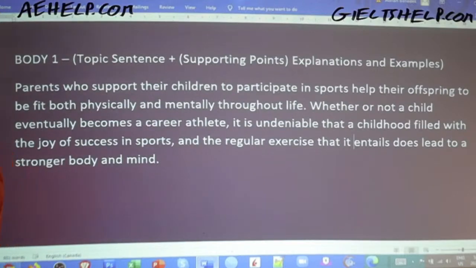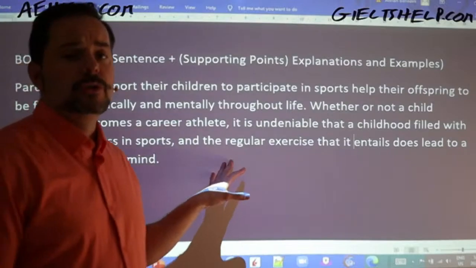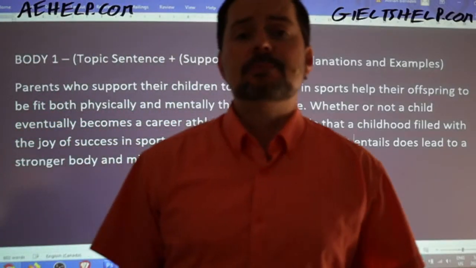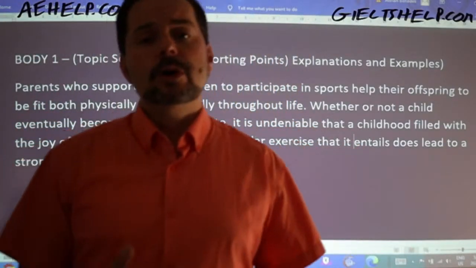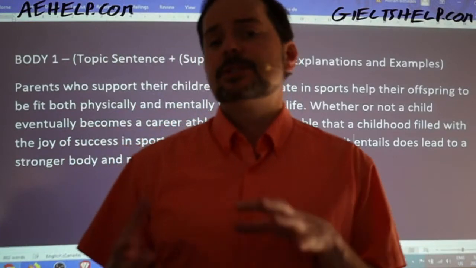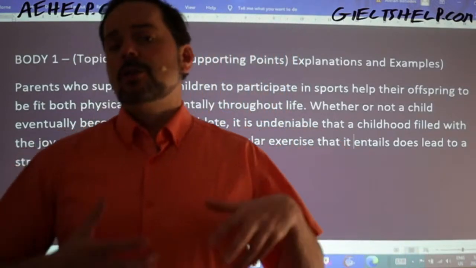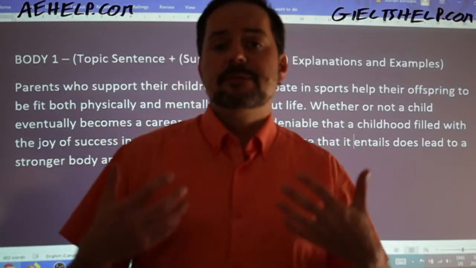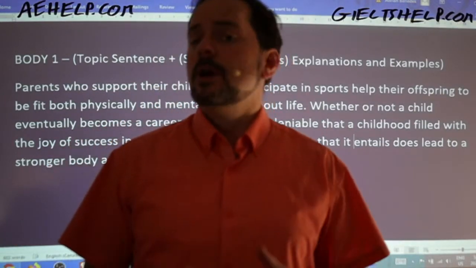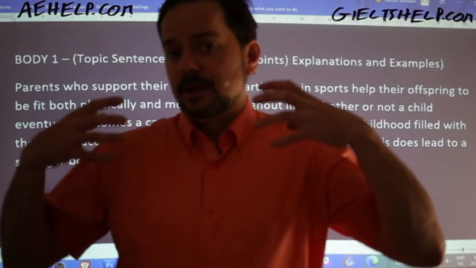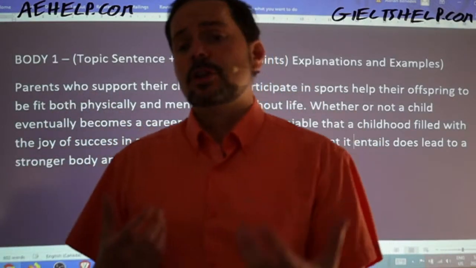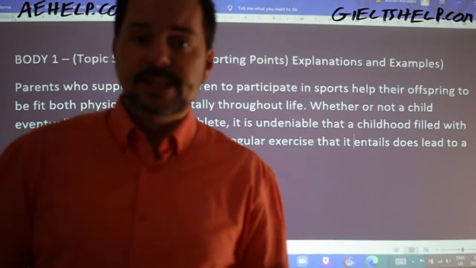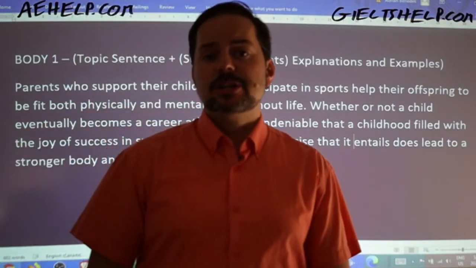Okay, and now we want to add an example. So a real world example, okay? And this is where you want to create your personal experience, all right? So include something from the real world, something that's you. You want to make it believable, visible. This is where you can include some more quantitative information as well.